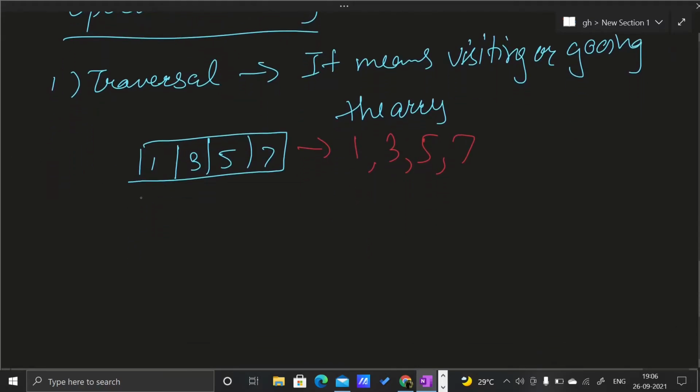Then second is insertion. As the name suggests, insertion means inserting an element into an array. Suppose I want to insert 2. I can insert 2 into the array, but first I have to increase the size. Suppose the size is 4, so I have to first make the size 5, because I cannot increase the size of the array dynamically.